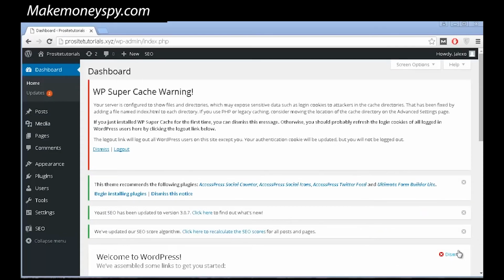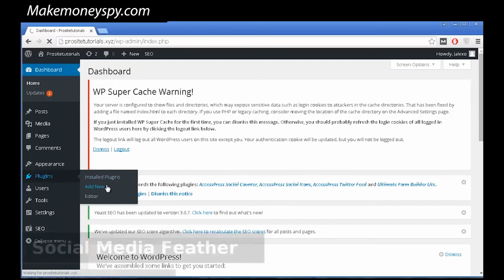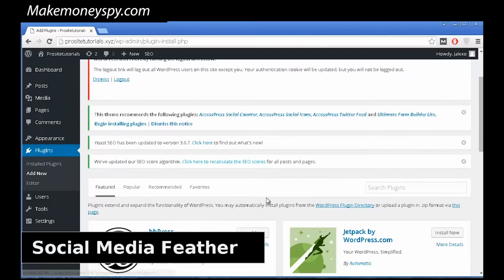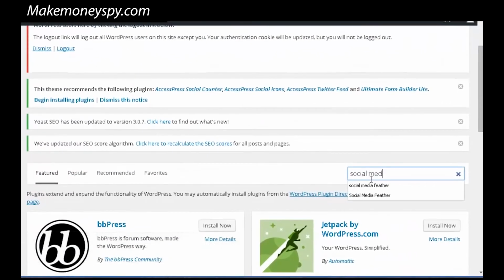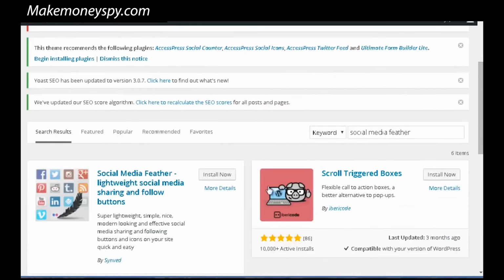As I said before, nowadays it's all about earning links to your website, and you gotta make that task really easy for the people who go to your website. So it's always a good idea to include social media buttons inside of your posts so people can easily share your content on Facebook, on Twitter, or whatever platform they like using. There are plenty of plugins out there for this purpose, but in my case I like to use Social Media Feather, and this is a really good plugin. So you just need to search for Social Media Feather. It's this first plugin. Just press install now,